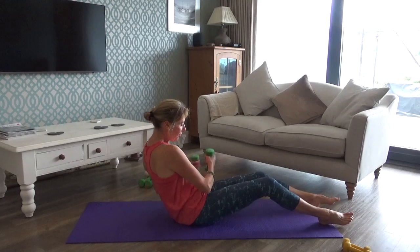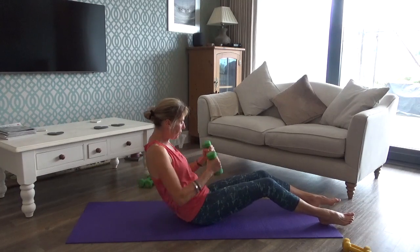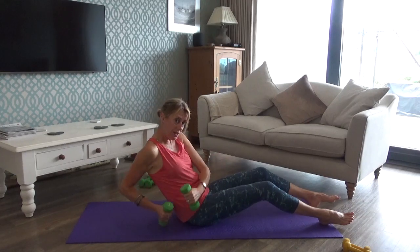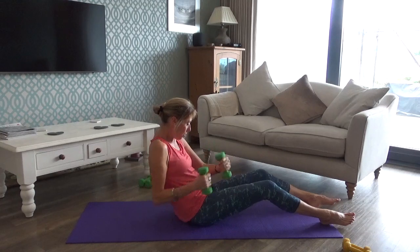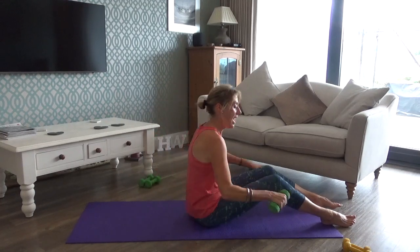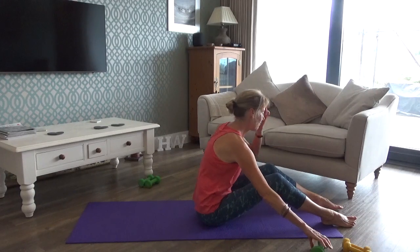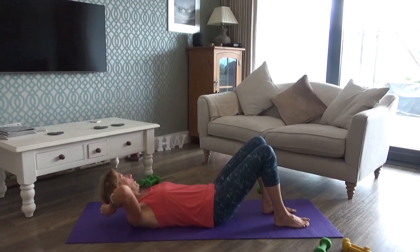Making sure you don't have a straight back, making sure you've got concave feeling going on through your tummy, your tummy button is pulled down towards your back, your shoulders are rounded and are not pulled back at all. And release off and come up through. Lovely, very well done. Now just lying back down on the floor, on your mats,